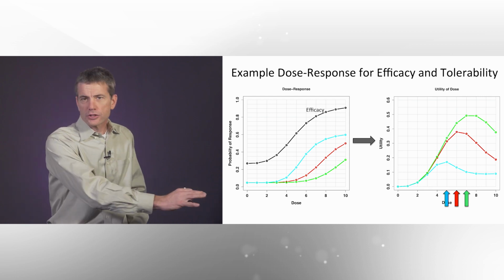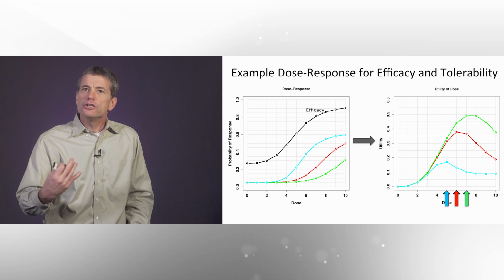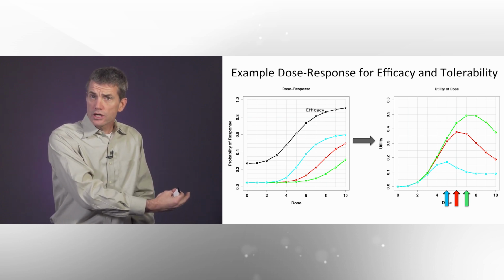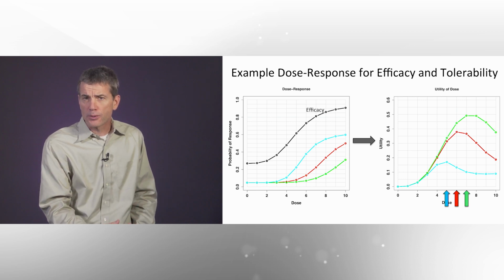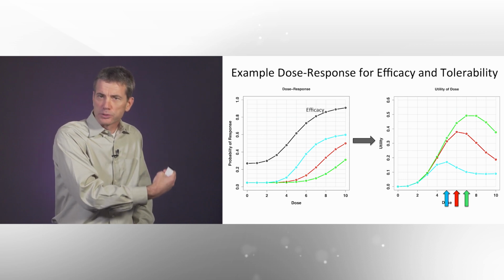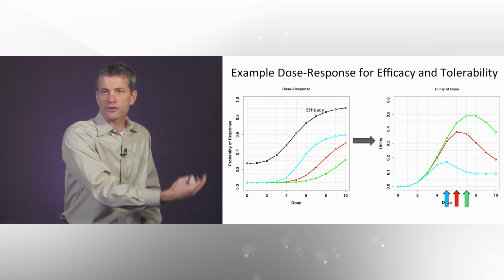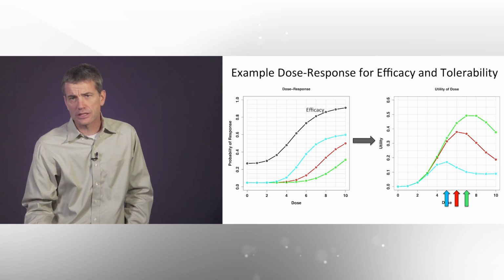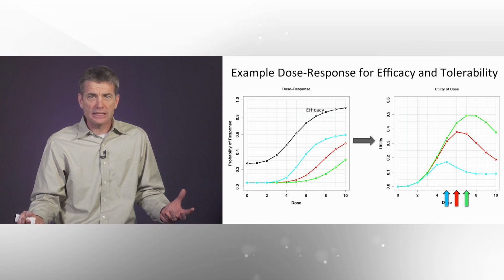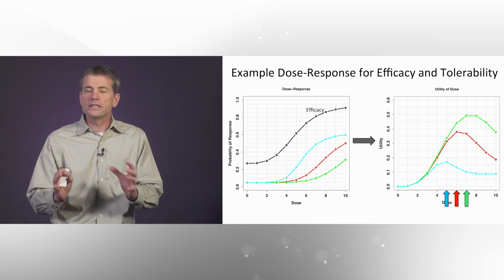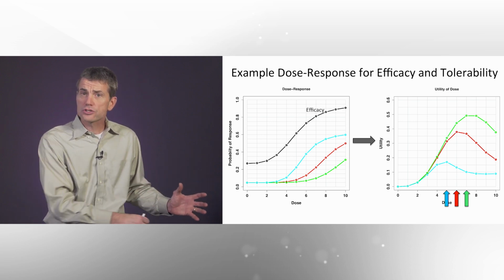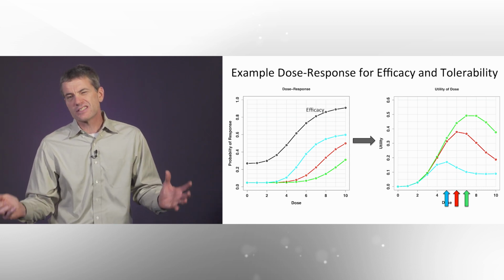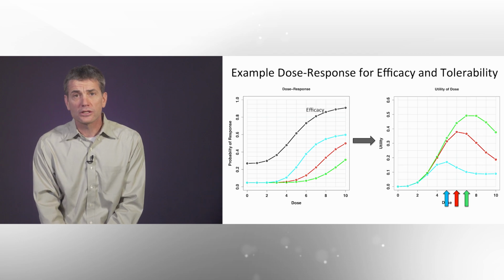On the bottom of the graph, on the x-axis, you can see the maximum utility dose accounting for both of these endpoints. And in the case of the blue to the green, you can see the higher the dose, the more utility when tolerability is less. And these are all different than the ED90. So this is a really nice tool for phase 2 trials, for adaptive trials, to incorporate efficacy and safety or tolerability into a single endpoint.